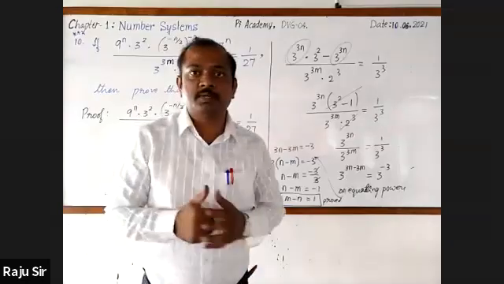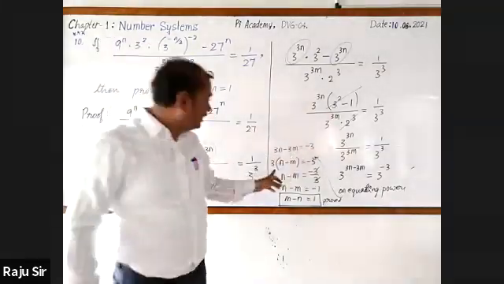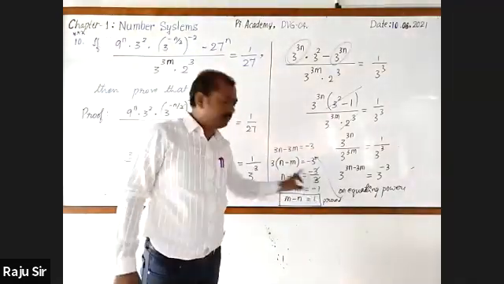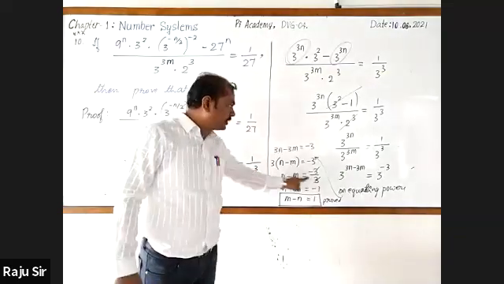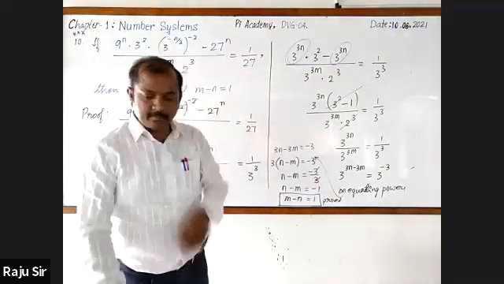Sir, we can directly take minus 3 as common, no, sir? Sir, if we transpose 3 to the left hand side, it will become minus 3, no, sir? You are in the last step. If you transfer, it happens. But here we are transposing. When 3 is transposed, it just goes to the denominator. There will be no change in the sign.